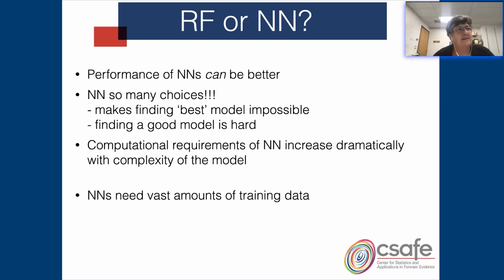So if random forests and neural networks share so much, which one should we use? Neural networks or random forests? Most often neural networks can be trained to have a better performance. You can say that there are neural networks that perform better than a random forest. But at the same time, neural networks provide us with so many choices in terms of the architecture that finding the best model is an impossible task. It's already pretty hard to find a good model. There's just so many choices, and